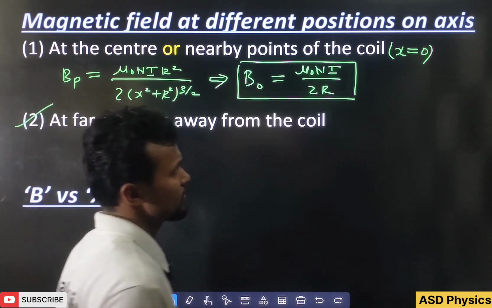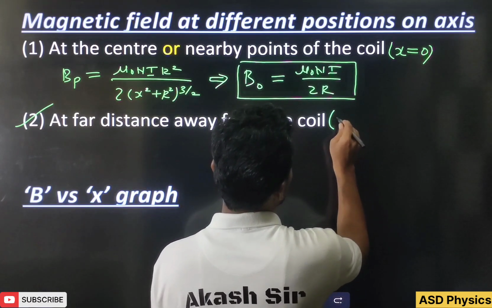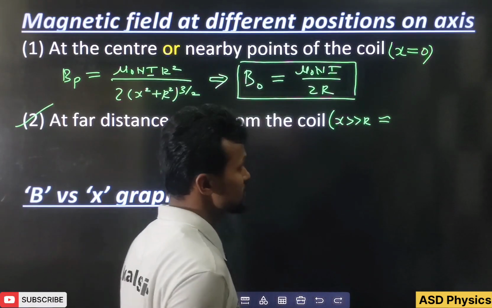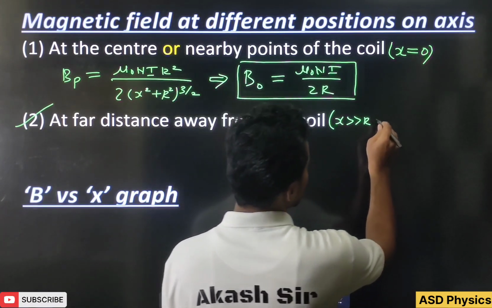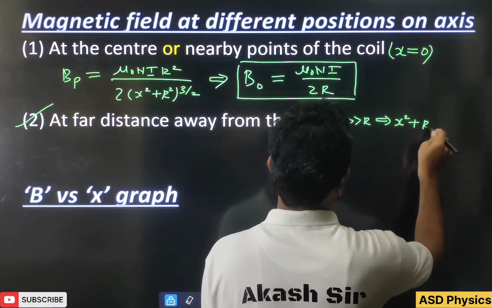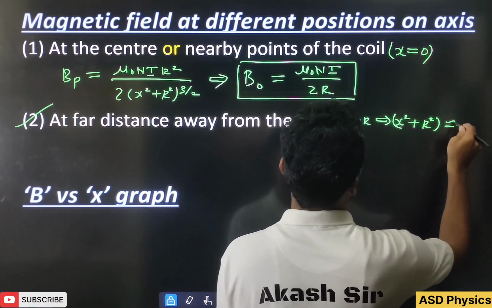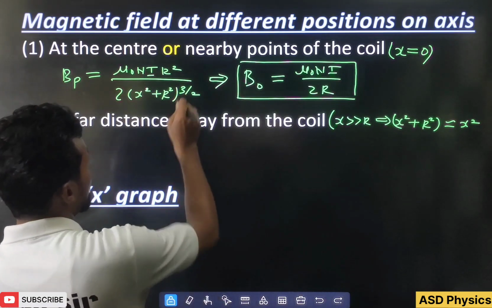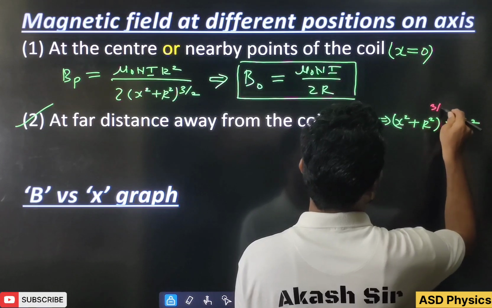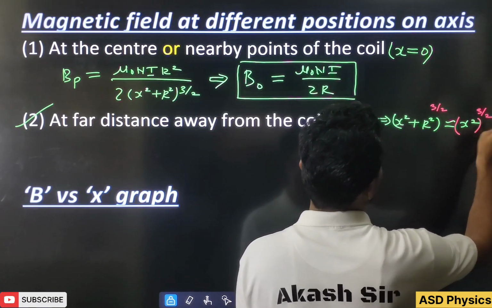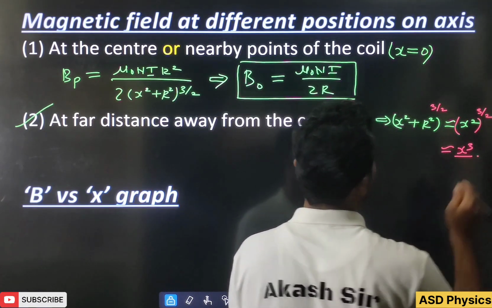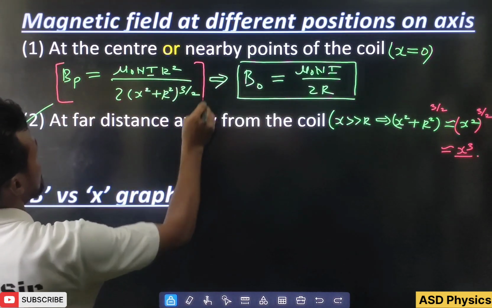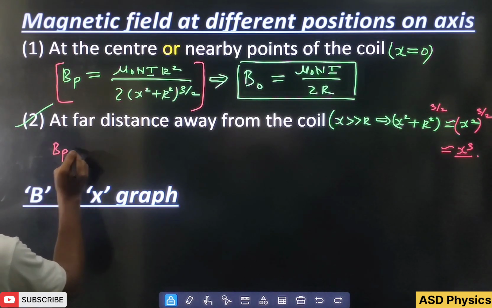After that, the second one: at far distance away from the coil. That means x is greater than r. When x is greater than r, x square plus r square can approximately be written as x square. In the formula 3 by 2 is there, so here also we write 3 by 2, and the 2 and 2 cancel, so it will come x cube. In this formula, this BP will become